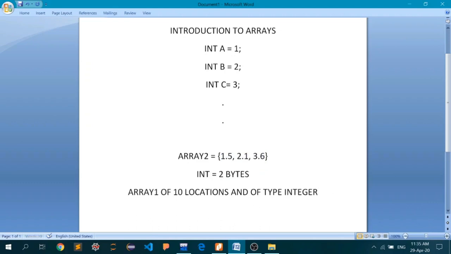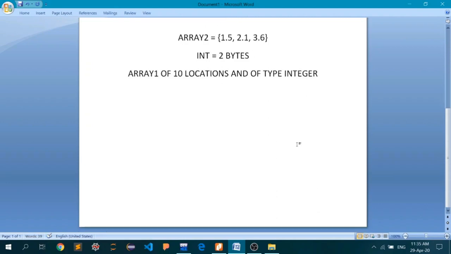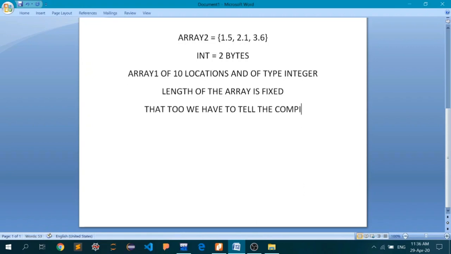So I will write it down: the length of the array is fixed, and that too we have to tell the compiler in advance.